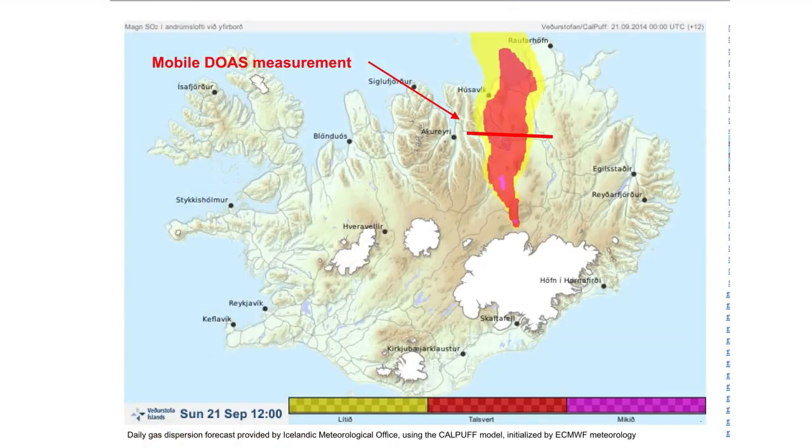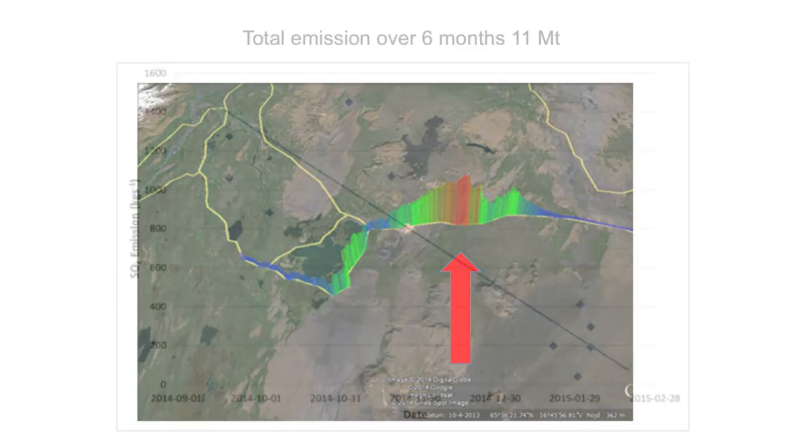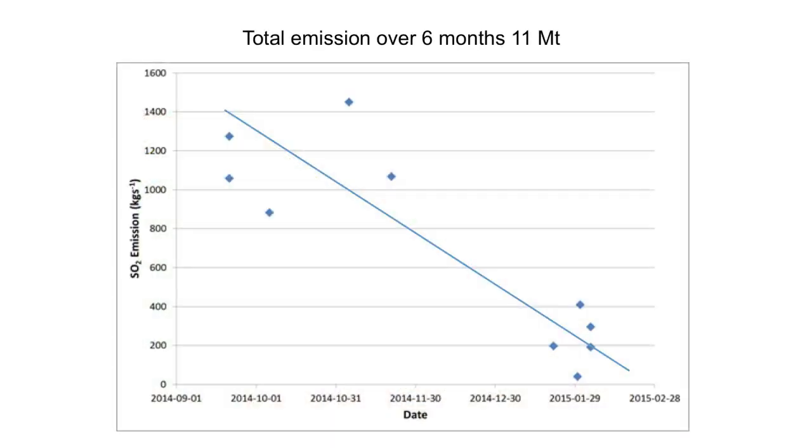The measurement of these high emissions were made from the ground by DOAS instruments using the sky as light source. Measurements were made from the ring road surrounding Iceland, yielding the overhead burden of sulfur dioxide, which together with meteorological information determined the emission rate in kilograms per second. The eruption gradually decreased over its 6-month duration, yielding a total release of around 11 megatons of sulfur dioxide. In comparison, the